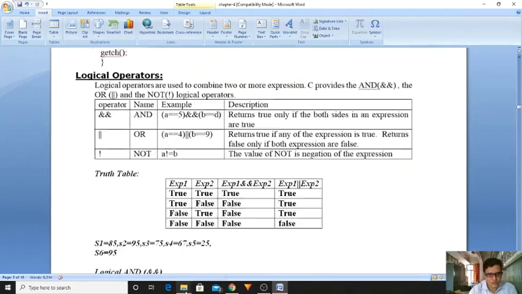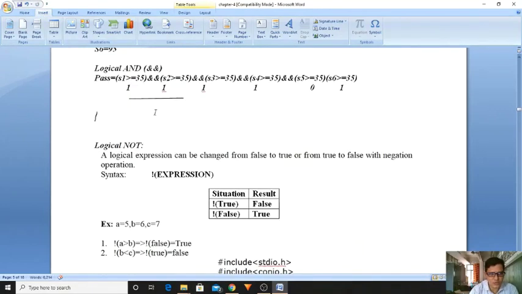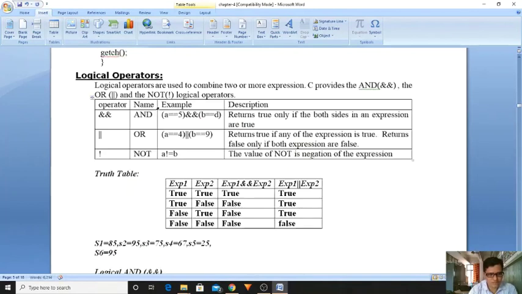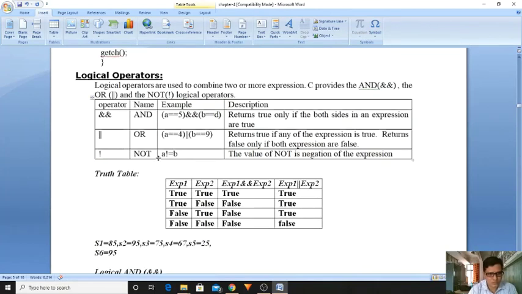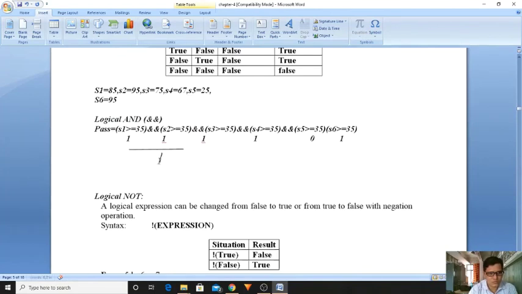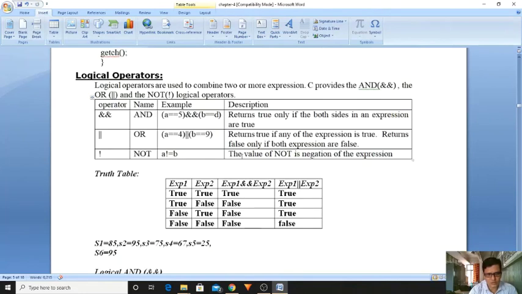That means true is 1, isn't it? Once again I am taking these two conditions, S3 and S4, true and true, then what happens? Once again it is true. Got it?